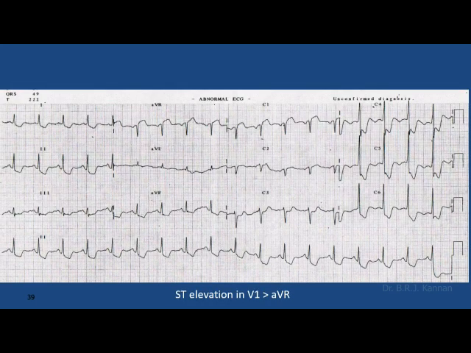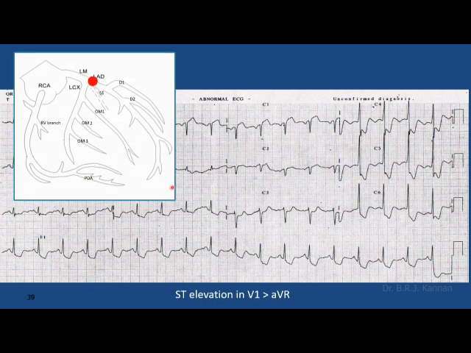Now, next example. Here again, ST depression everywhere. If you don't keenly look at this, you will simply diagnose this as a case of non-STEMI or LVH or something. You waste your time and the patient will die in front of your eyes. So you should always catch this ST elevation. Here you see the V1 ST elevation is slightly more prominent than AVR ST elevation. This can still be left main occlusion disease, or it could be an LAD ostioproximal disease like this. Very ostioproximal LAD disease, and hence it is showing this kind of ECG.